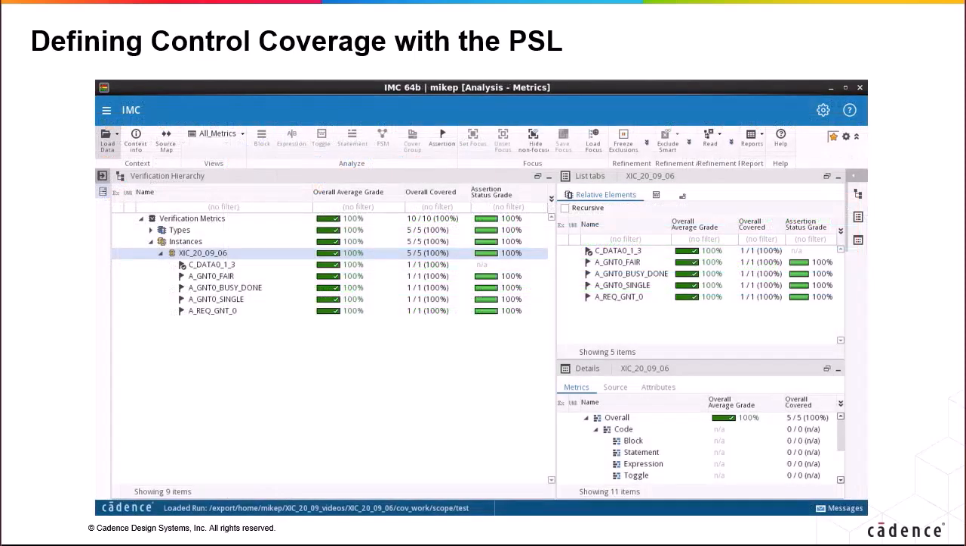Here, the Integrated Metrics Center summarizes the assertion coverage metrics. All sequences and properties completed at least once,